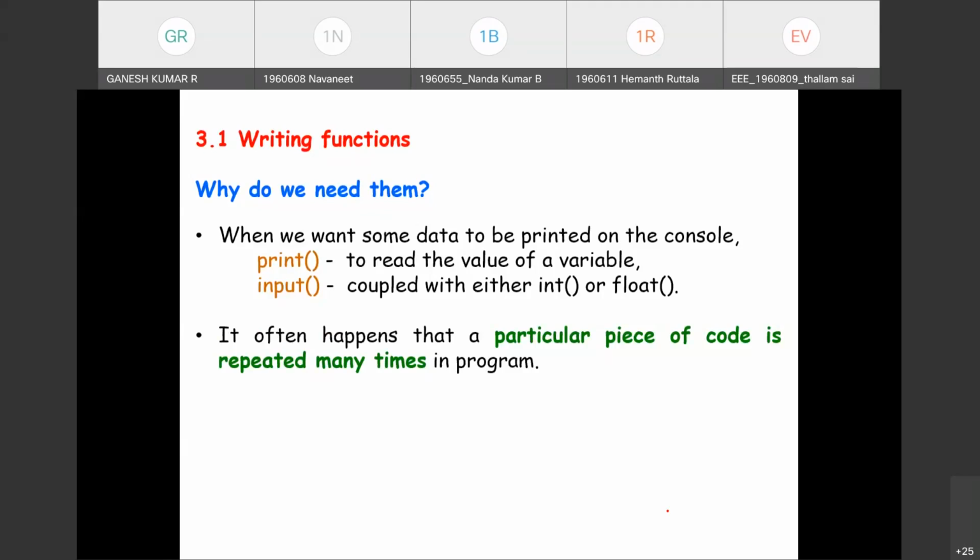It often happens that a particular piece of code is repeated many times in our program. It is repeated either literally or with only a few minor modifications, which consist of the use of other variables in the same algorithm. It also happens that a programmer cannot resist simplifying the work and begins to copy or repeat, to make a clone, we can say, of such pieces of code using the clipboard and copy-paste operations.